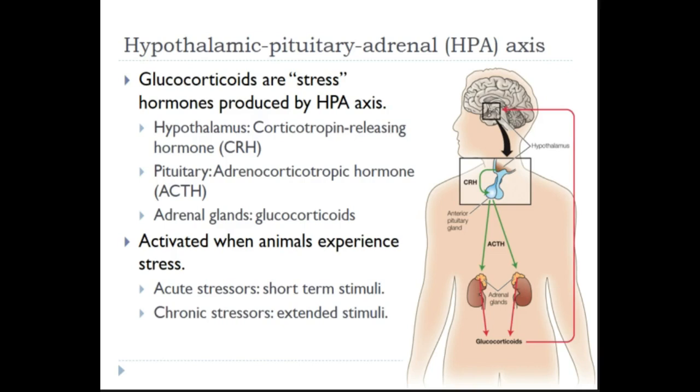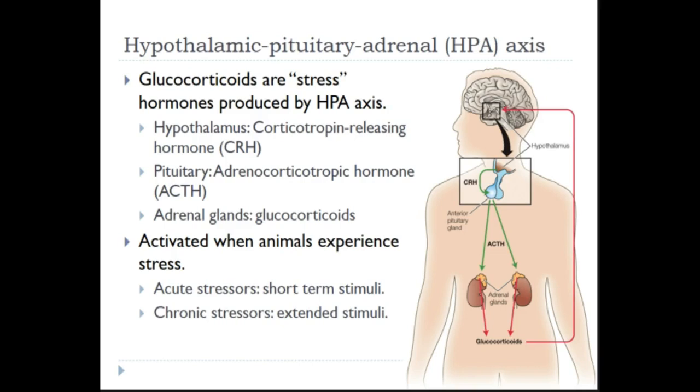So the basic story, I'll do this pretty quick and then we'll break, is that again, the hypothalamus releases a releasing hormone. This one's called corticotropin releasing hormone. It travels to the pituitary gland, which then releases its hormone. This one's called adrenocorticotropic hormone, or ACTH. And then ACTH travels to the adrenal glands, which in humans are perched right on top of our kidneys, and causes them to release glucocorticoids. In the case of humans, it's cortisol for the most part. Other animals, it'll be other variants of these kinds of things. But they're all these stress hormones.